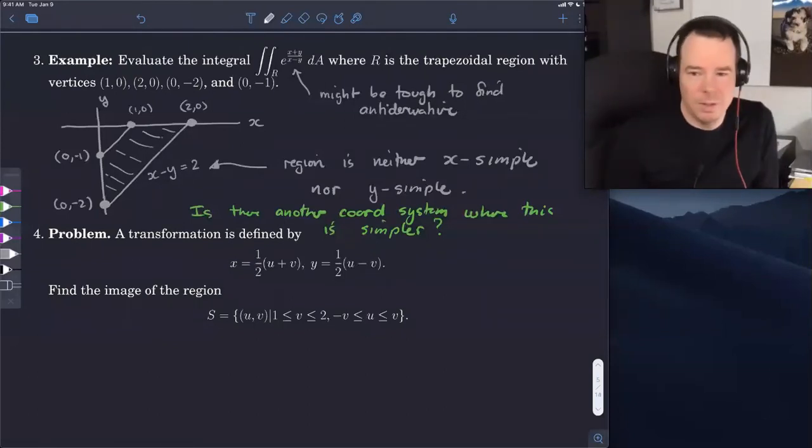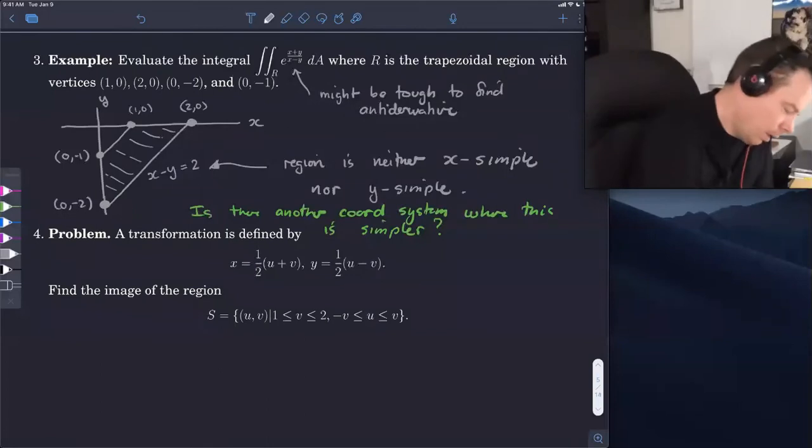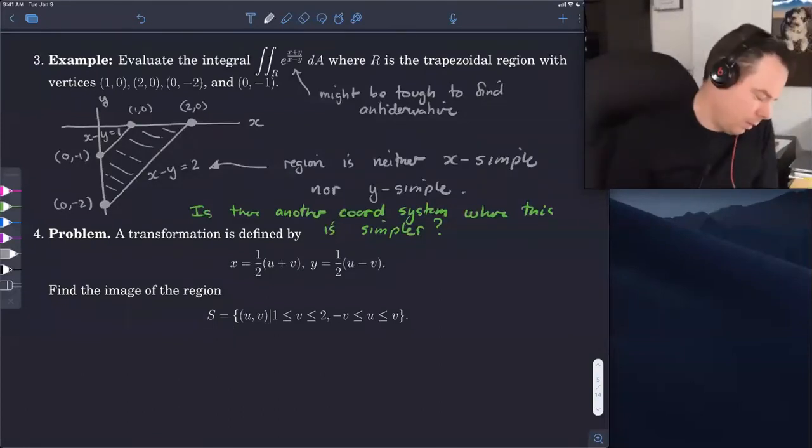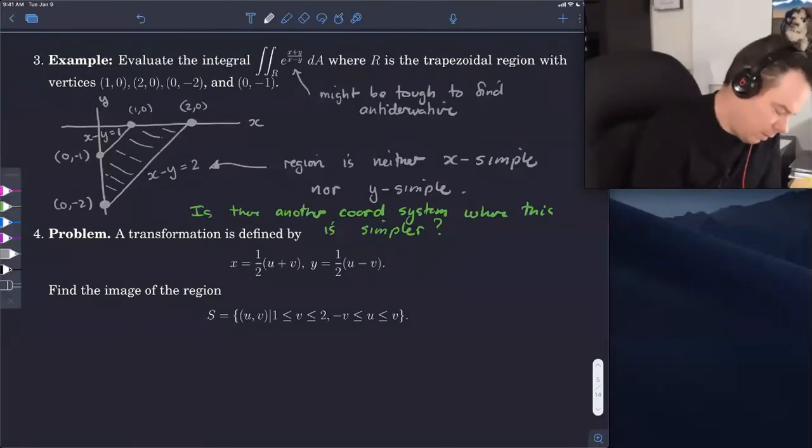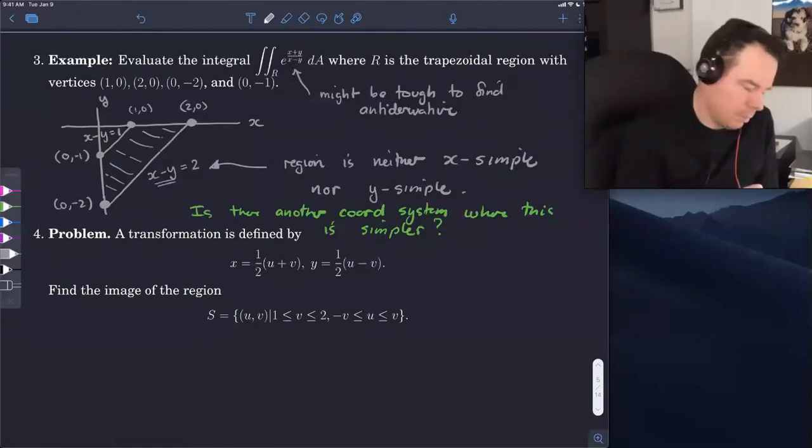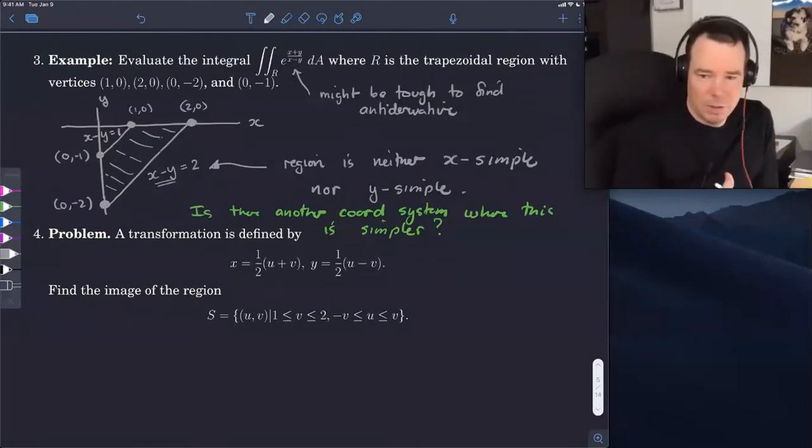And that's just a quick way to do it. I got two points on it, so I'm just going to write them down. You can find the equation of the line however you like to find equations of lines. And then we've got x minus y equals 1 as the equation of the other line. And so that starts to suggest that, because x minus y is 2 and x minus y is 1,